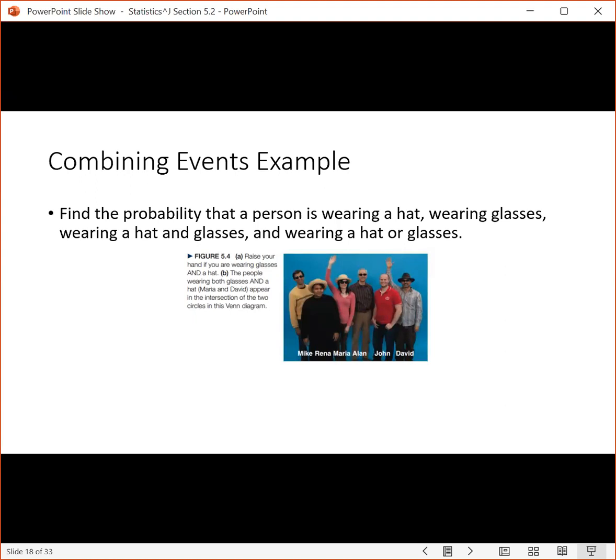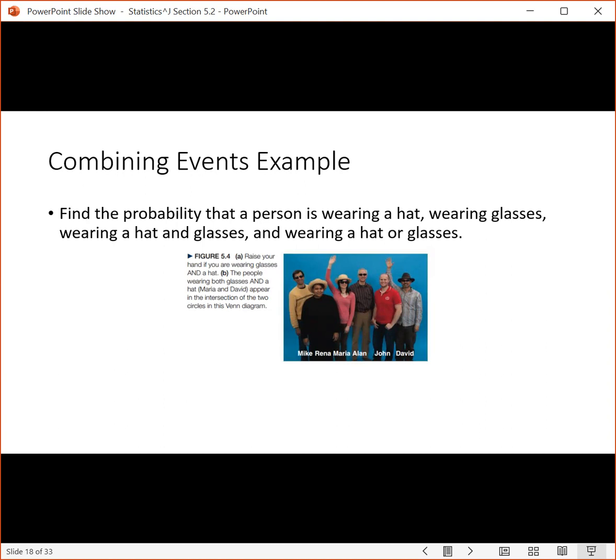Find the probability that a person is wearing a hat, wearing glasses, wearing a hat and glasses, and wearing a hat or glasses. So the idea is to look at the picture. It's a little bit small, so it may be difficult to see, but it wants us to go through and figure out the probability. So again, the probability is still going to be the same as what we talked up to this point. We're going to have the number of outcomes that are satisfied, the number in the event space over the number